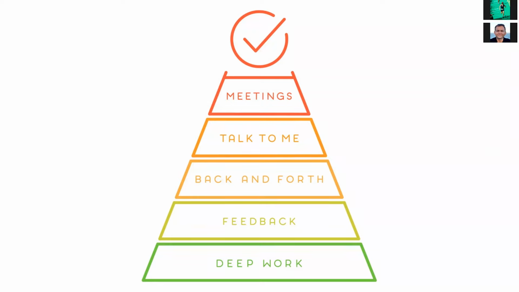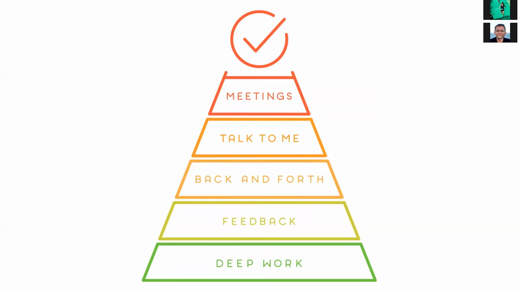They want us to use our expertise to get things done. So we should spend most of our time, uninterrupted, focused time, in deep work, to be able to deliver our best work and send it to the team for feedback. And feedback is the second layer of the communication pyramid. In the first level, you create your work and send it out to the team. On the second level, you get feedback. So you ask for feedback and you get feedback back.